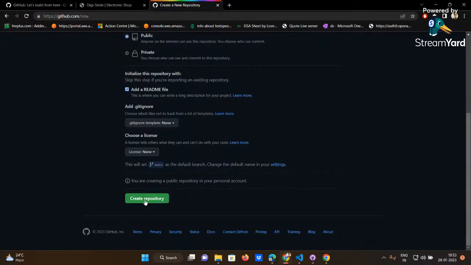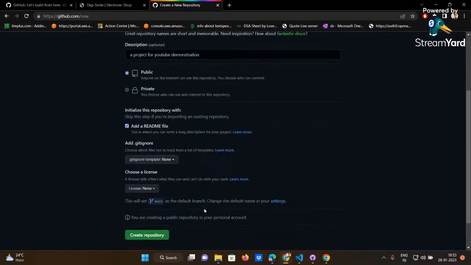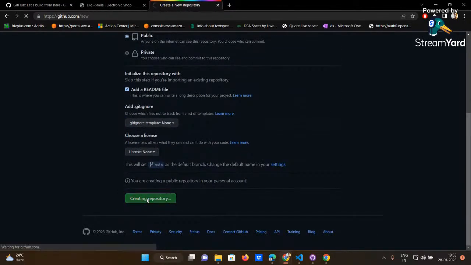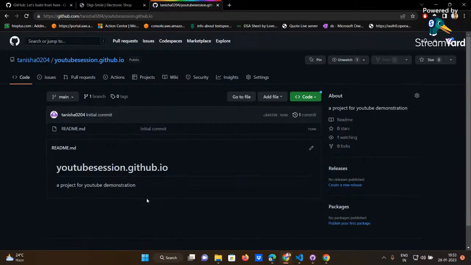We'll leave this as it is, and this is the button where you need to proceed to create a repository. We've been talking about repositories all throughout the session. Now this is where you have to create a new repository. Now we'll just click on create repository. Now guys, your repository is created. For the people who are doing it with me, congratulations, you have made your first repository.